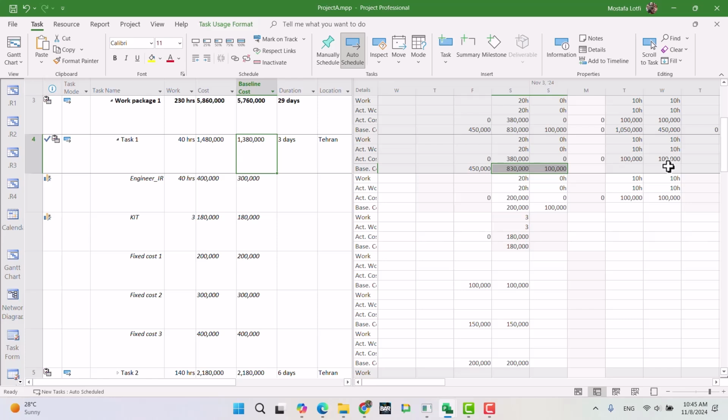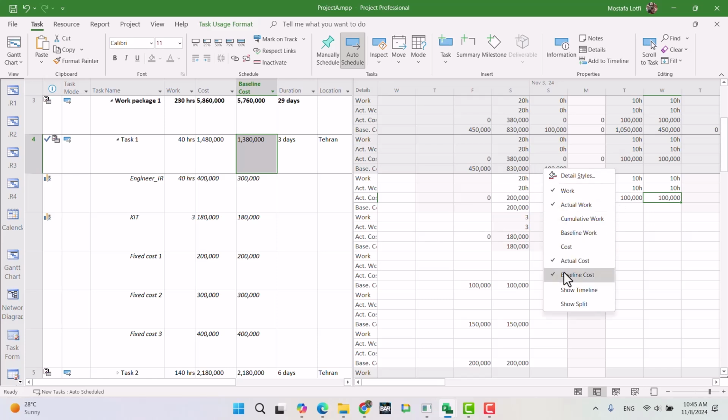Normally the intention of accounting, because accounting doesn't care about how many hours were for the original and how many hours that task requires, right? They only consider the cost of the task. So normally you need to deduct that 100%, the 100,000, then calculate the 20%. But here, just to make it simple,